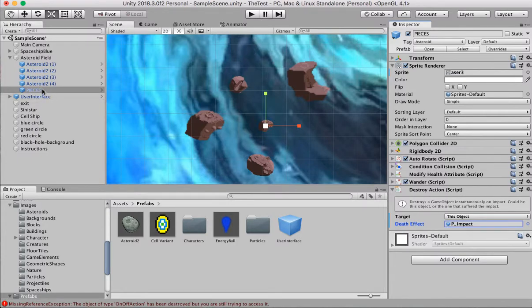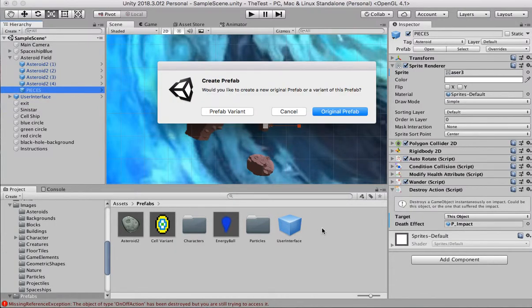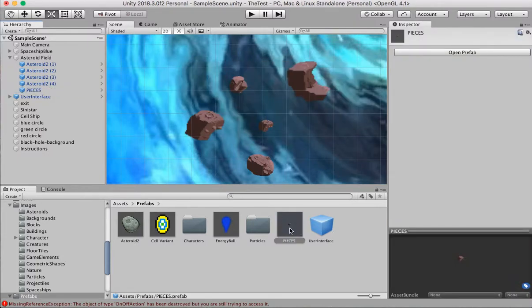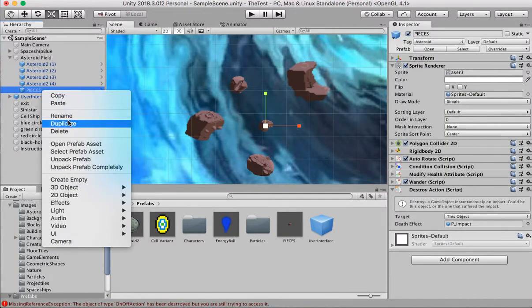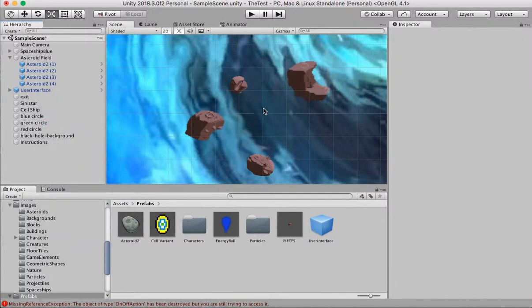Okay, so what we're going to do now is grab this pieces instance and slide it into here and create an original prefab right here. So there it is, there's the pieces prefab, and I'm going to delete this pieces now because I do not need it anymore. So I'm going to remove it. Okay, so what we need to do now is have it so when you hit the asteroid, instead of blowing up, it kind of